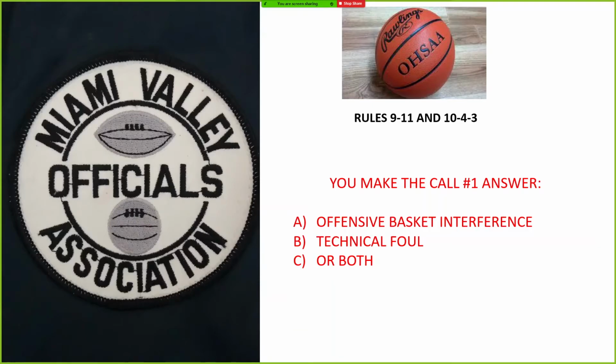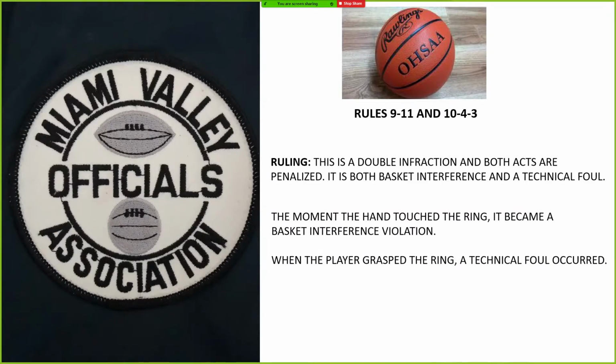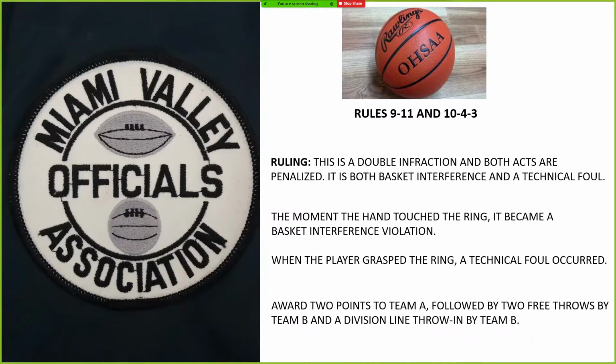Ruling. By rule, the answer is C, both A and B. This is a double infraction, and both acts are penalized. It is both basket interference and a technical foul. The moment the hand grabbed the ring while the ball was on the basket, it was offensive basket interference, and a technical foul occurred. Award 2 points to Team A, followed by 2 free throws and a division line throw-in, Rule